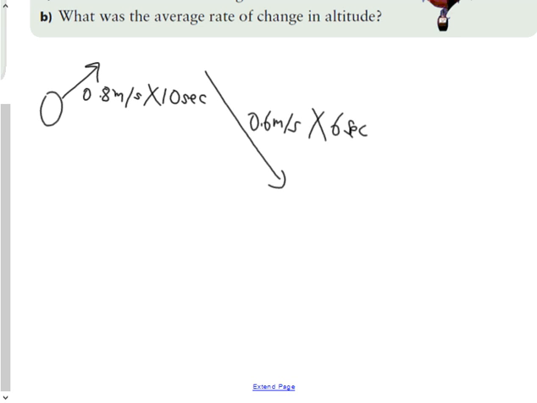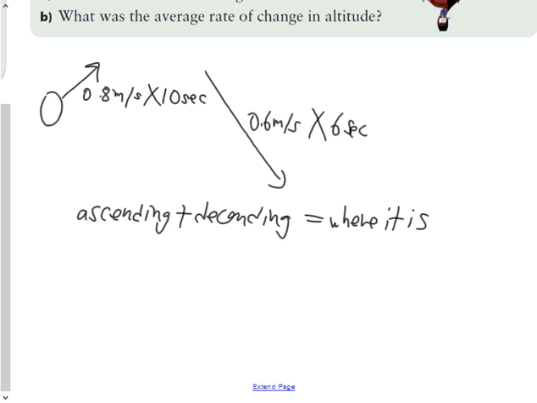So if I put it in word form first, ascending plus descending will equal where it is. Okay, so if I put it in word form and just get my head around what it's going to be, I'm going to put how it ascends combined with how it descends is going to be where it ends up. So what will the expression be? Well, we have it written here already, so it's going to be 0.8,